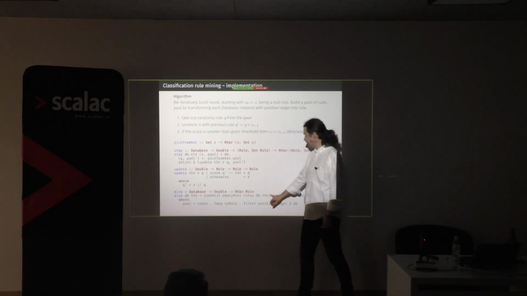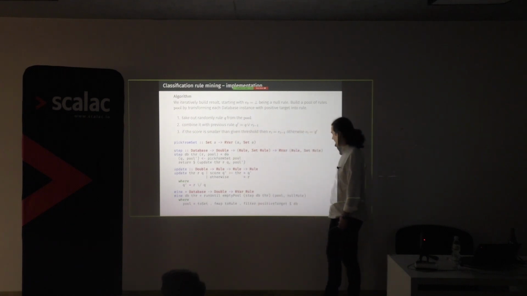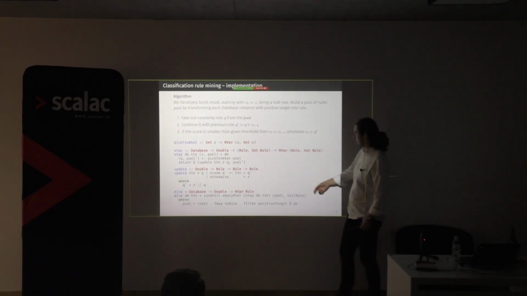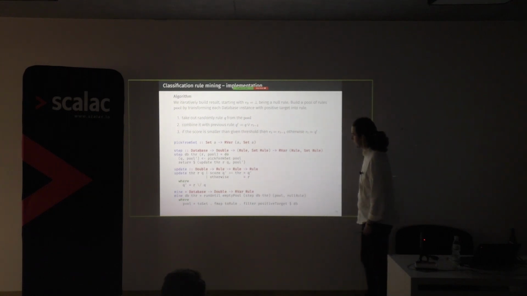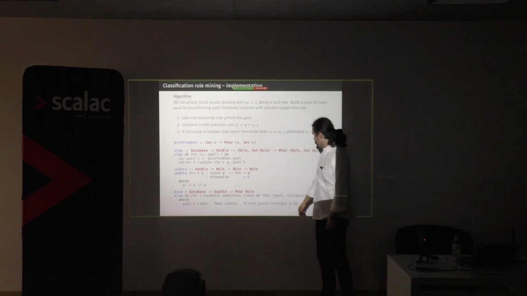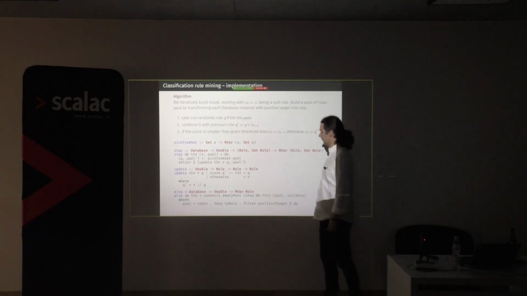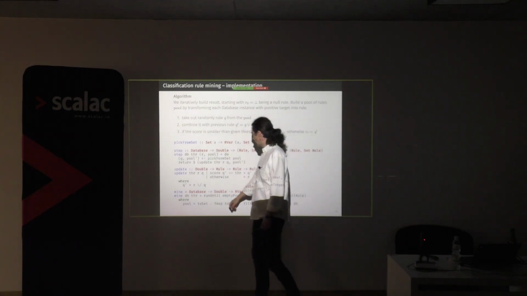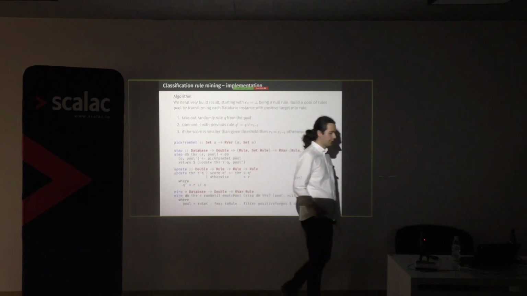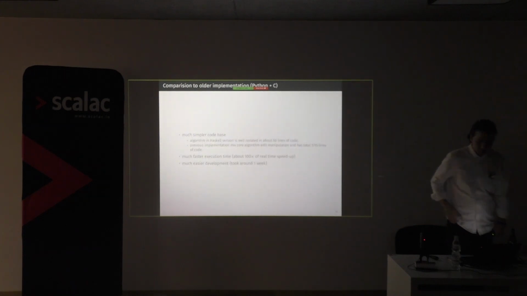The step function is this. As I said, we partially apply this function with these arguments, and we start from the pool and the null rule. Again, copy paste. And the pool is constructed by taking all rows with a positive target. There is a target column defined. We convert them to rules, we convert it to a set. Really pretty straightforward.